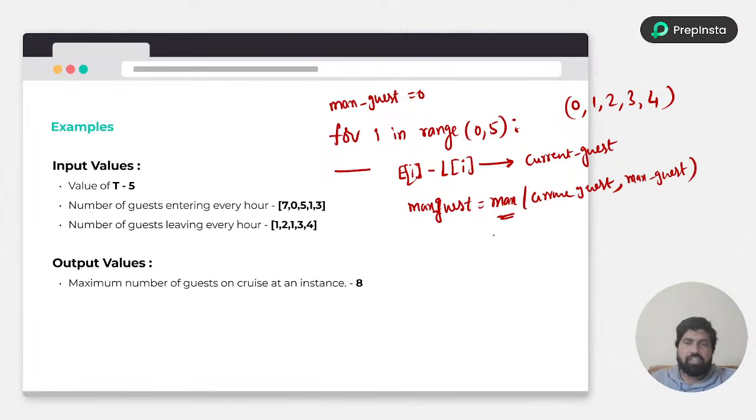I can use max function or I can use if else condition also, fine, for swapping. Okay, so see what will happen. First 7 and 1 subtracted and 6 will be stored here. So initially max guest is 0, now it is 6. So 6 will be stored to max guest. Next, 0 and 2